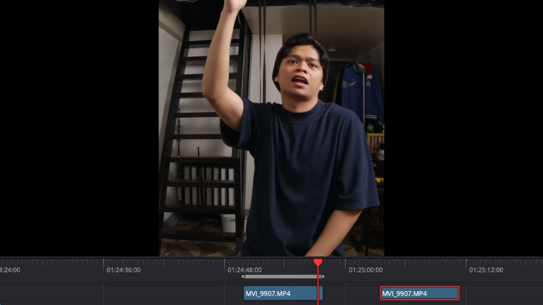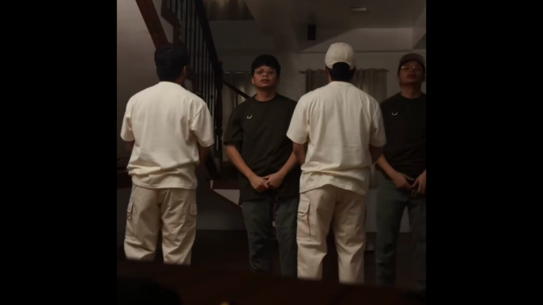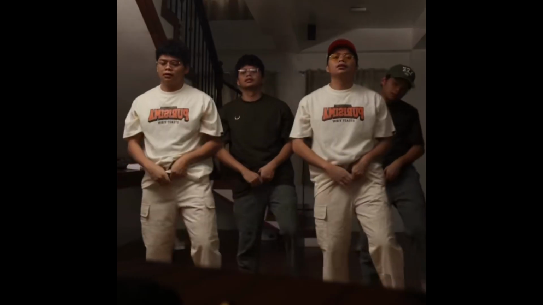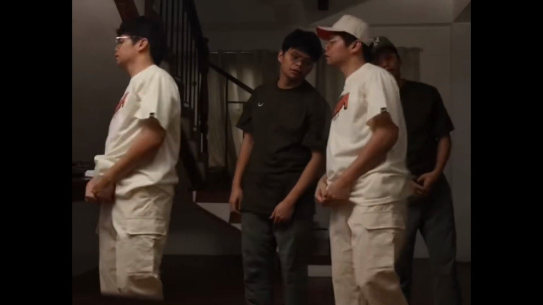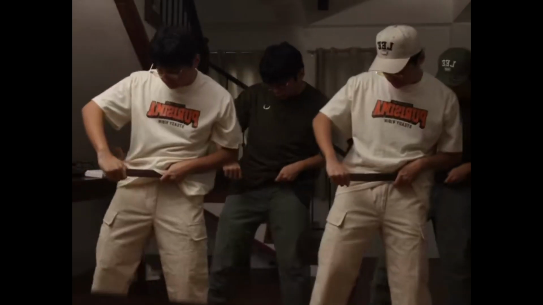Now the thing with looping is that the start of your clip doesn't necessarily have to be the start of the video. In fact, it's better if it's not. You can hide the cut in the middle of your video where it's less noticeable. That's the one thing that you should do. The thing that makes your loops effective is making the cut invisible.